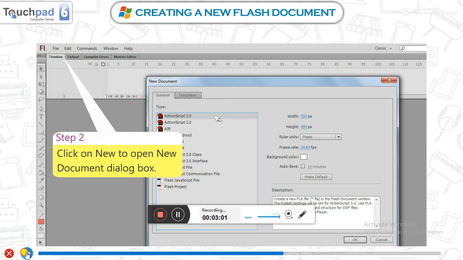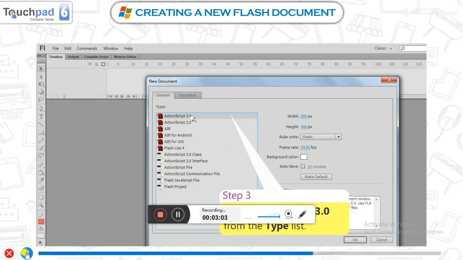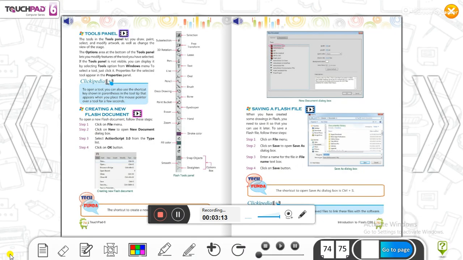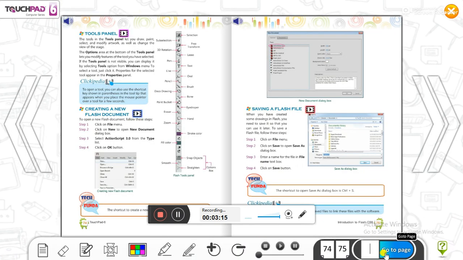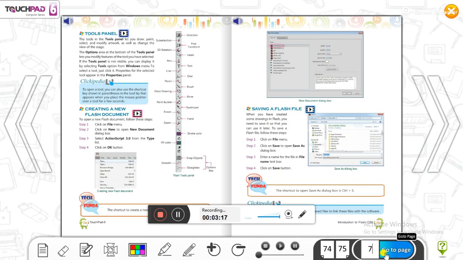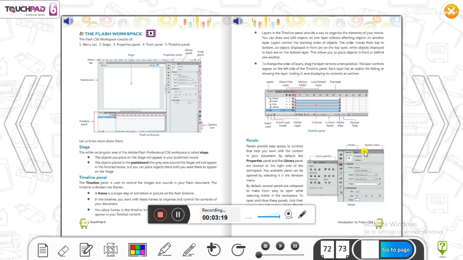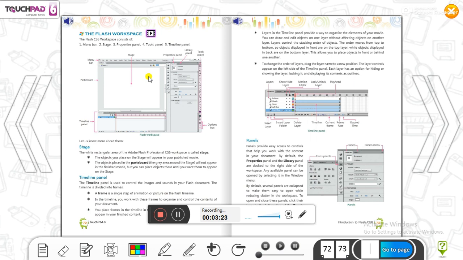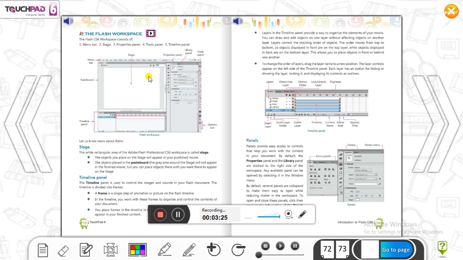Then your Flash document is created. Whenever you click on the OK button, your new file is created like that, which means your Flash workspace opens.